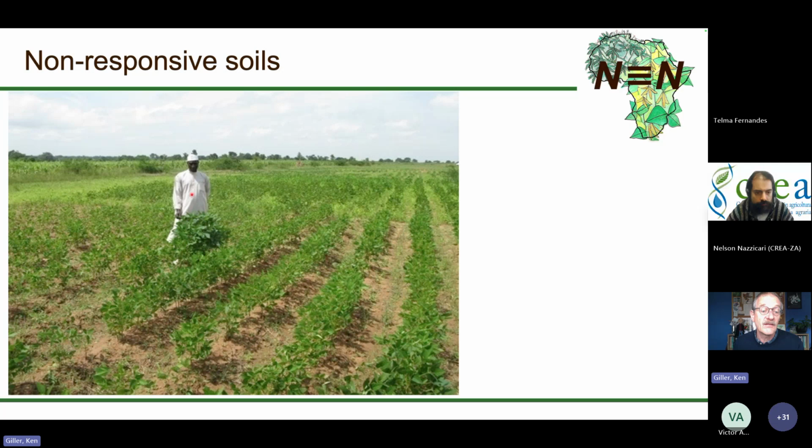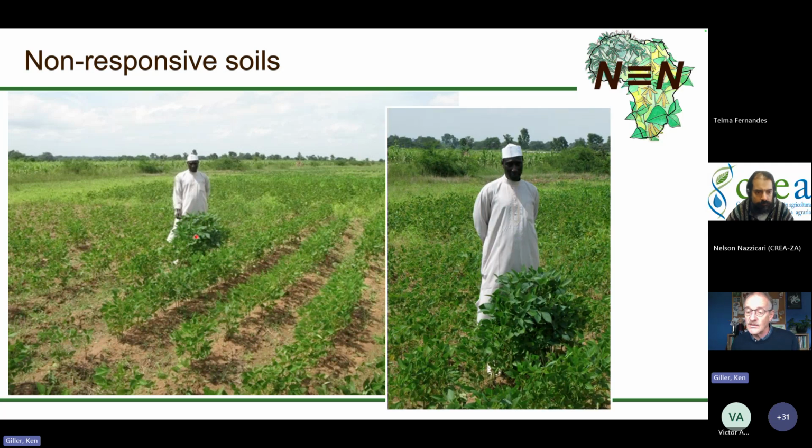But then where the farmer's standing, there's this brilliant looking plant. Zooming in, you can see one plant is doing really, really well. And it's actually due to problems of soil fertility. This was the lucky plant that probably received a gift of a passing cow in the previous season, where some manure had fallen into the field and actually gave them the benefit of soil fertility. So we sampled these soils,